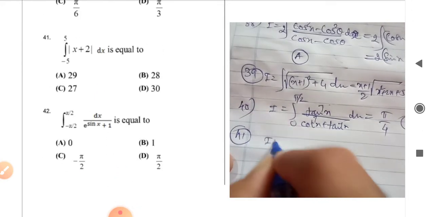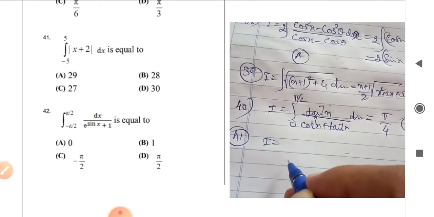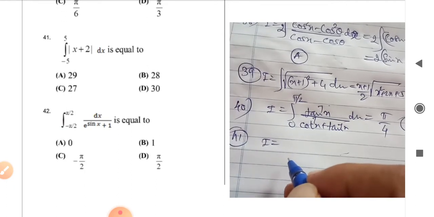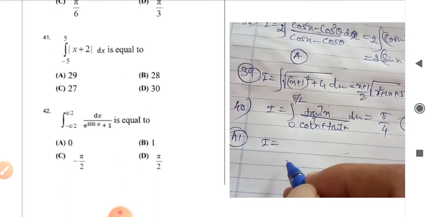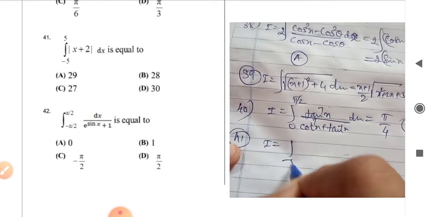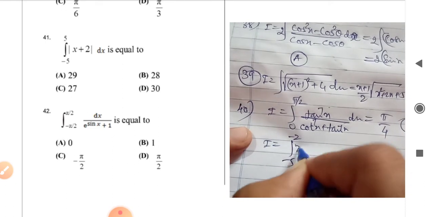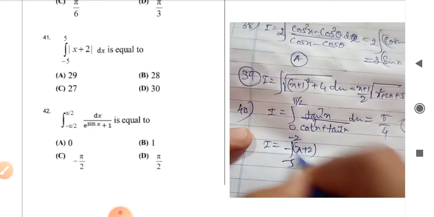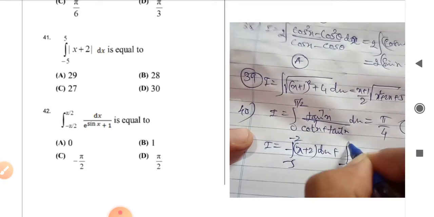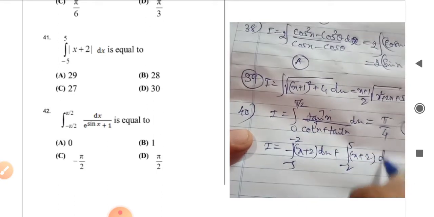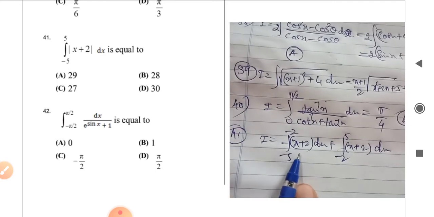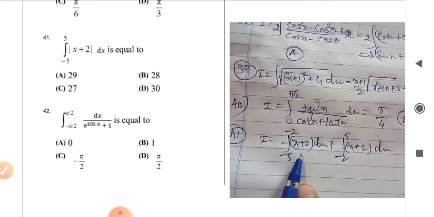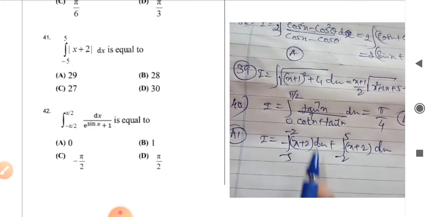Very important thing you should remember here, the point of non-differentiability. If I put x equal to minus 2, it will be 0. So that means there is a point of non-differentiability. So you divide the interval minus 5 to minus 2. Then here it is integral of minus of x plus 2 dx plus integral minus 2 to 5 of x plus 2 dx. So remember this one, how to split the interval always. Here you have to find the point of non-differentiability. If you find the non-derivative point, then just split the interval at that point. Okay, so then you have minus 5 to minus 2, so you can get this one.